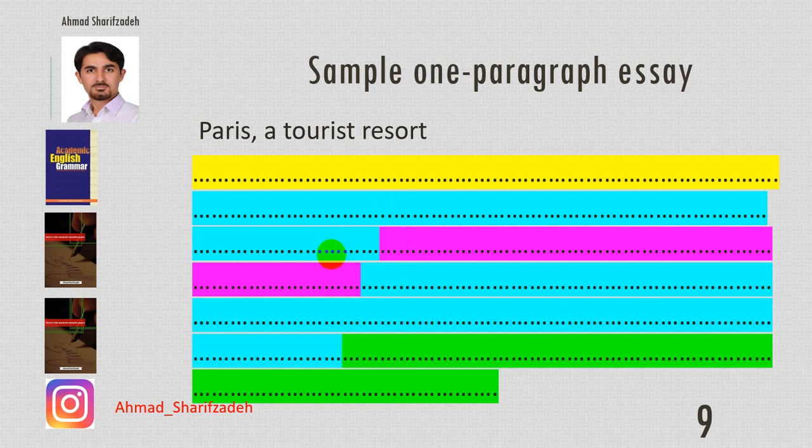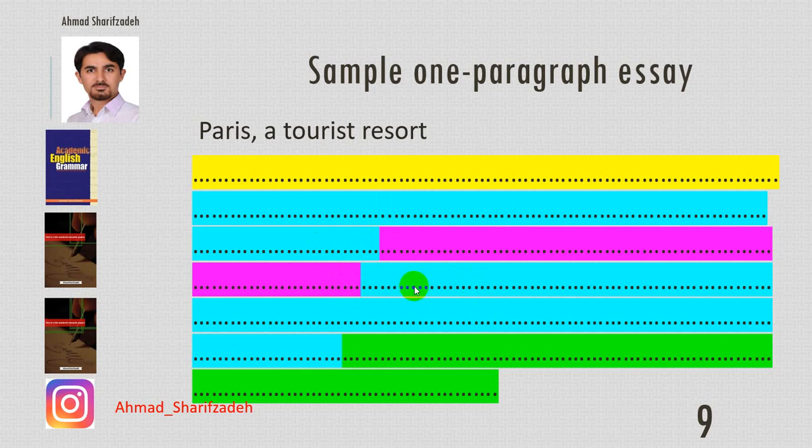For example, you went to New York, you went to, for example, Rome, you went to, for example, Istanbul, you went to Paris, and saw the tourists there. I mean, you have the experience of seeing visitors in those cities. But you think that the number of tourists in Paris is more than the number of tourists in other cities. Okay, then you can write your observation here, and in the last paragraph or the last sentence, you can write